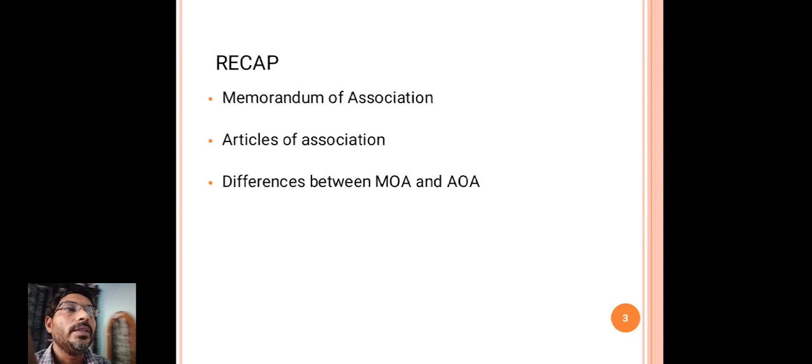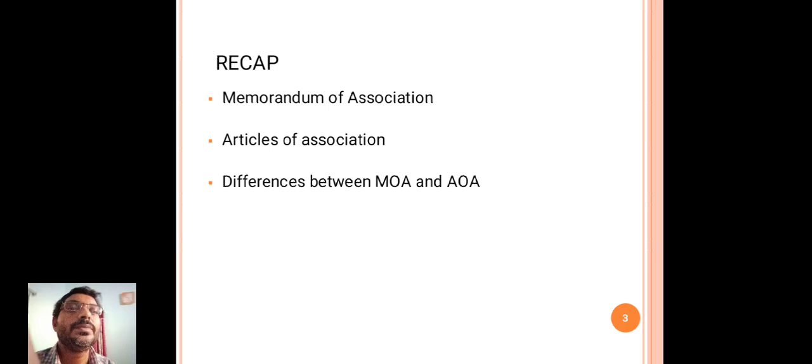Like that, other clauses are also there. All these clauses will be in the memorandum of association. This is the primary document to be prepared by the promoters